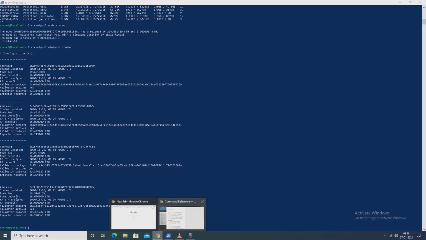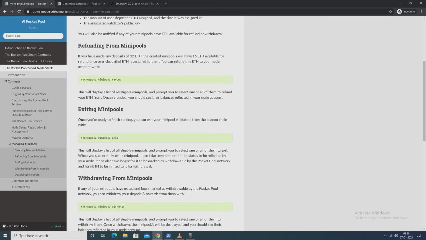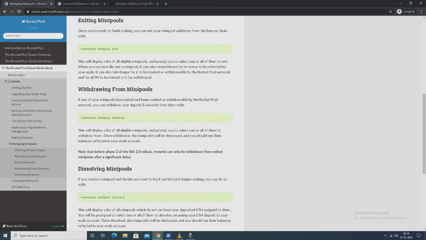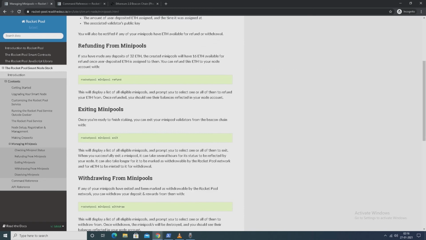From the official Rocket Pool documentation we have the CLI commands over here for exiting minipools. You can go through the official documents on how to exit the minipools, withdraw minipools, dissolving minipools, all necessary information is provided.